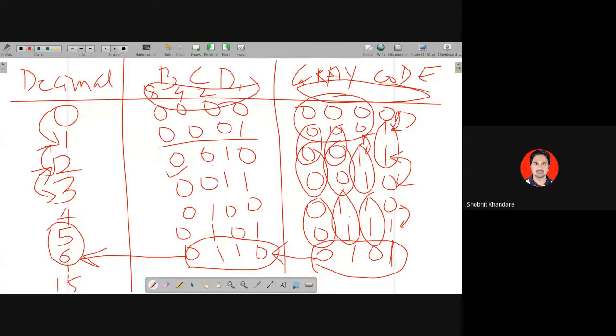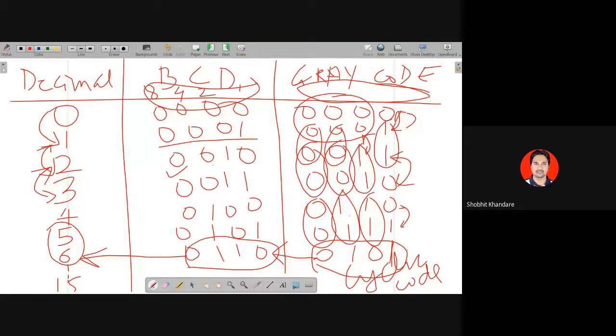There is one more thing, that this Gray code is also called a cyclic code. You can write down in your register that Gray code is also called a cyclic code. But why it is called a cyclic code, this explanation I will give you afterwards. ये हम ग्रे कोड के कैरेक्टरिस्टिक्स देख रहे हैं. पहले हमने देखा कि ये नॉन वेटेड है, दूसरा यूनिट डिस्टेंस फॉलो कर रहा है, और तीसरा ये साइक्लिक कोड है.